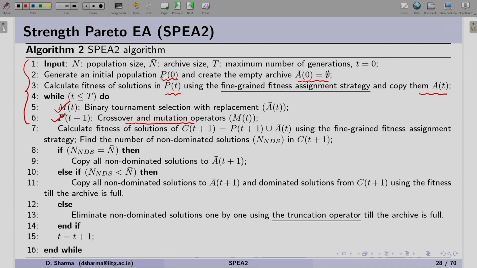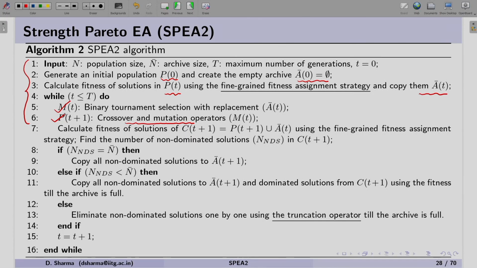Now, we will see how the environmental selection or the survival stage has been developed with SPEA2. If we look into the algorithm, step 7 suggests that we first combine the new population and the current archive, and then assign the fitness to the combined population.